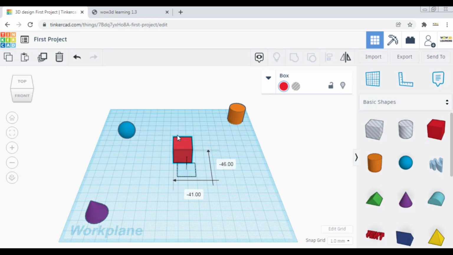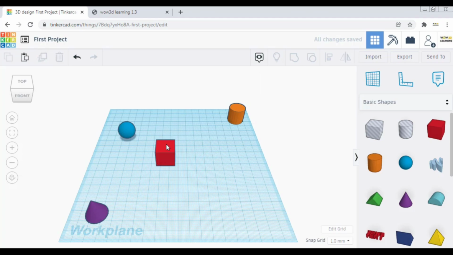You can see you can place it anywhere. As soon as you release the left mouse click, it will be placed at that position. Similarly, I can just choose a sphere and I can move it around.